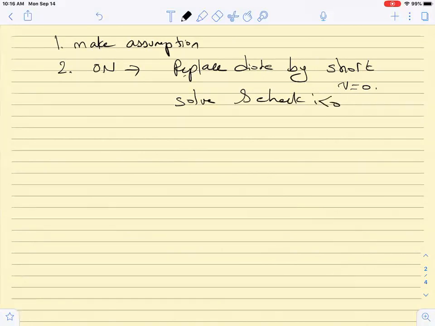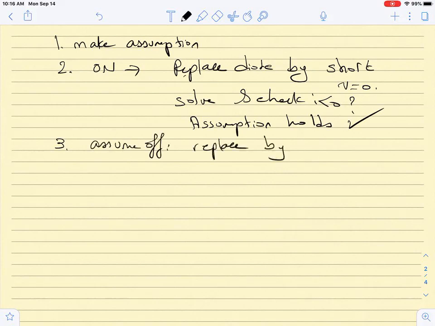If the assumption holds, we exit. Else, we assume off. What do we replace it by? An open circuit. From now on we will use OC for open circuit. Meaning I is equal to 0, and solve and check